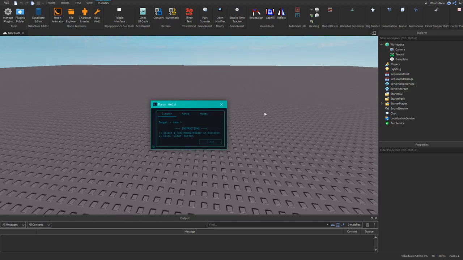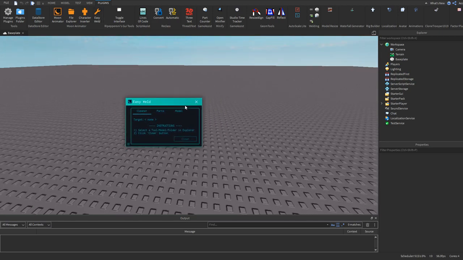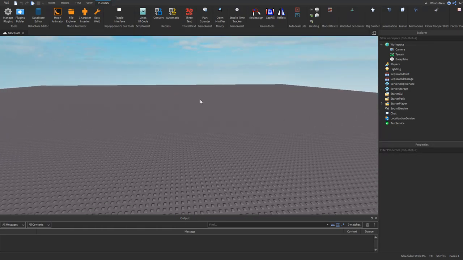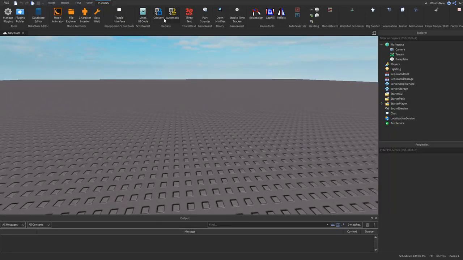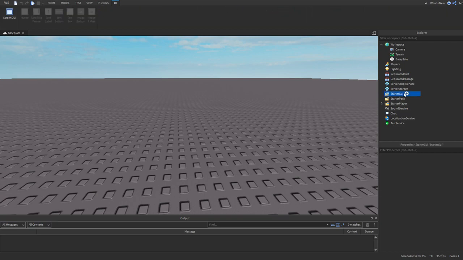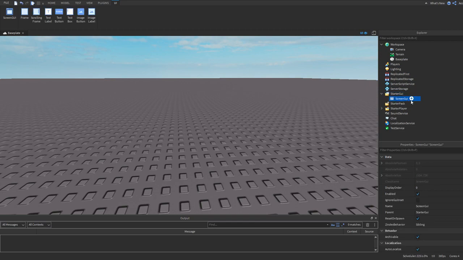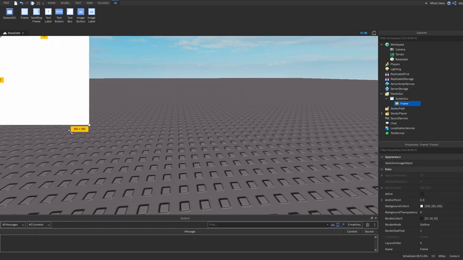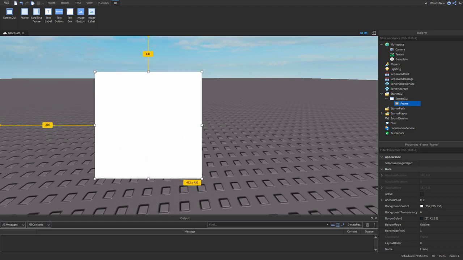If you don't know what welds are, don't worry about it, but you should probably try to search up what welds are. So our next plugin is going to be the Reclass plugin. Now this plugin is a very great plugin. Now it works with any type of object in Studio, but for example, I'm going to use a frame just as an example. So let's say you have this frame, and you customize it,